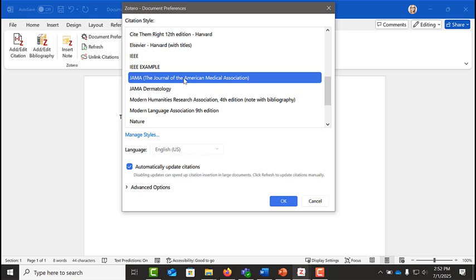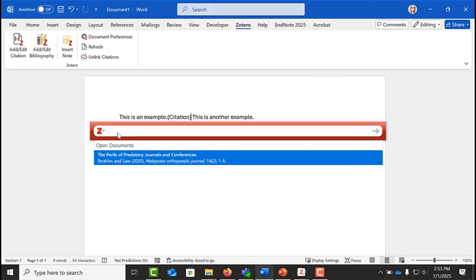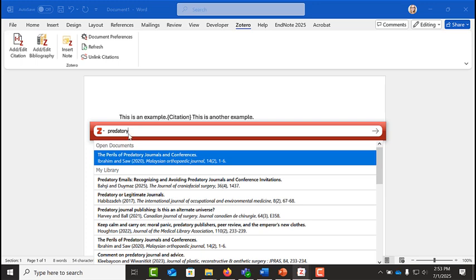Once you have selected the style you would like to use, you can simply click the OK button, and Zotero will give you a search bar to search for your citations in your Zotero library. From there, we can do a search of a citation. Typically, I search by title, but you can also search by author, and then you can simply click to select